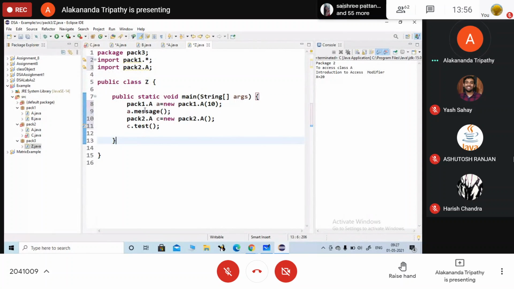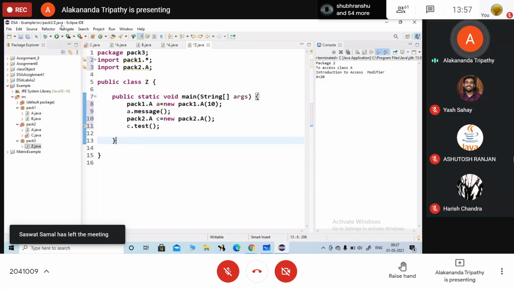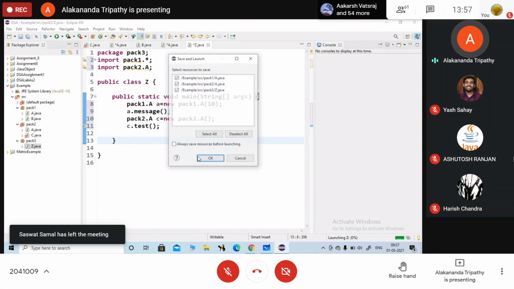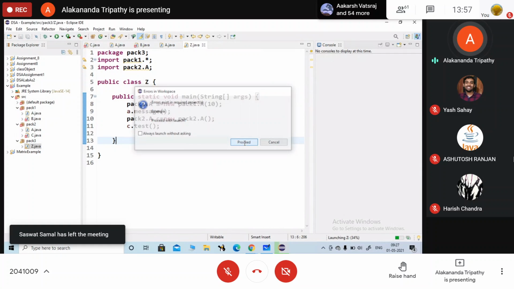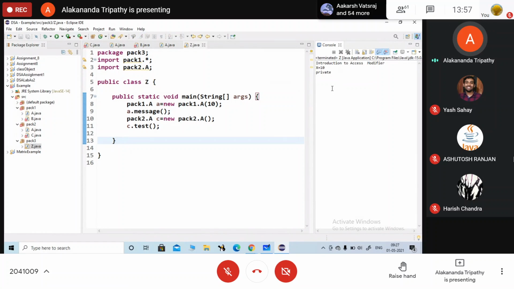Okay. So this is one way to differentiate between the classes, same class name with different packages. So when I will run the code, check what is the output here you are getting. देखो आ गया, this is from which package, Pack 1. Pack 1. And this one is from